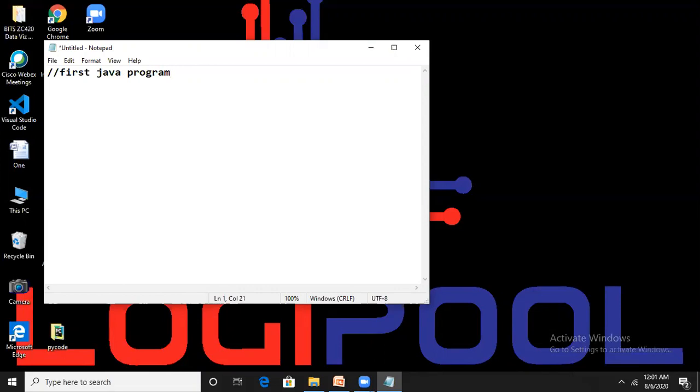So all of you know Java is a 100% object oriented language. Everything in Java is an object. So to create an object, first we have to create a class, because a class is the definition of an object. A class starts with the keyword class. We'll see what other keywords there are in an upcoming session. Class, and give it a name, first program or first prog.